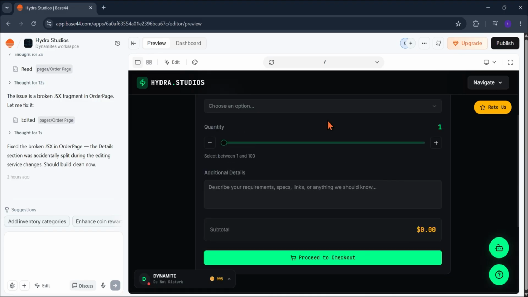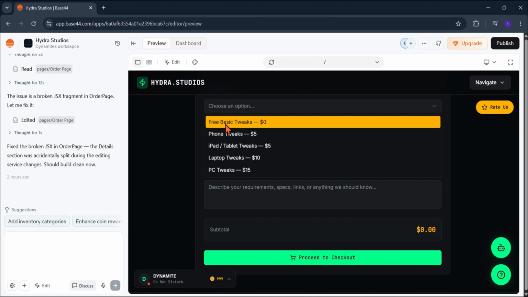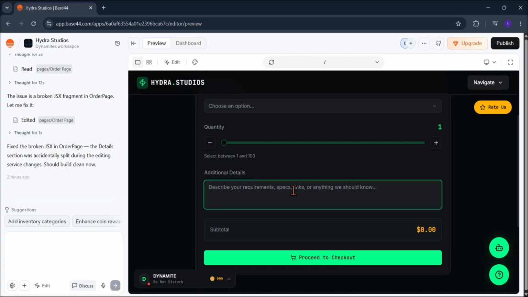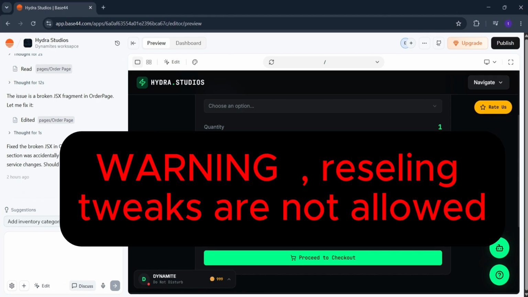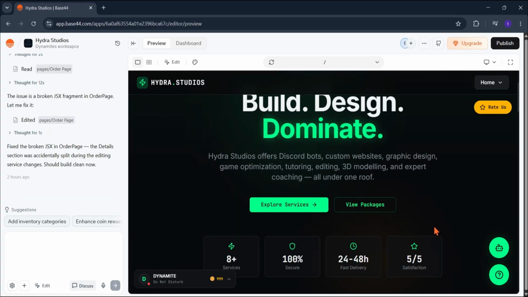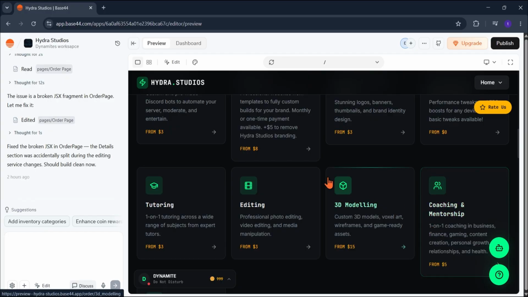For tweaks, we have basic tweaks for free: phone tweaks, iPad tweaks, laptop tweaks, and PC tweaks. So how it's gonna work is that you wanna tell us what type of tweaks you want. For example, FPS tweaks. How this works is that the file that you use, you can't resell it. You can only use it about once and then the file doesn't work anymore. I'm pretty sure. That's how the tweaks work. But aside from that,